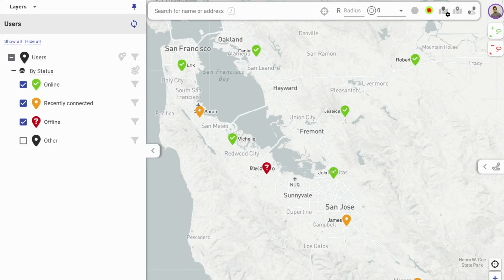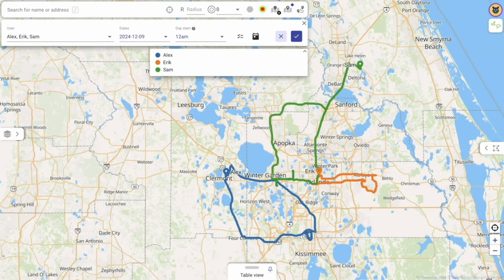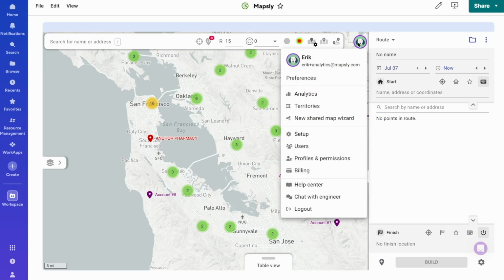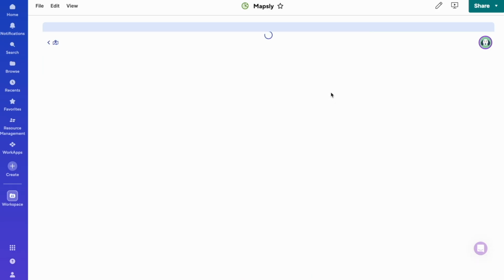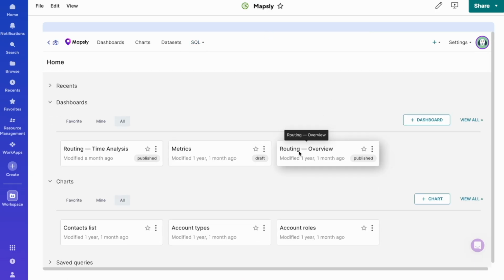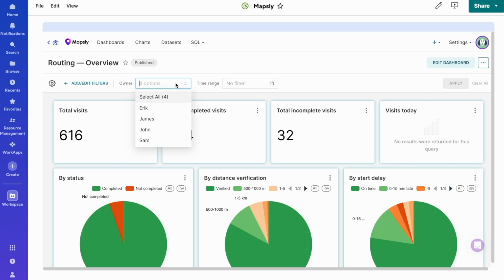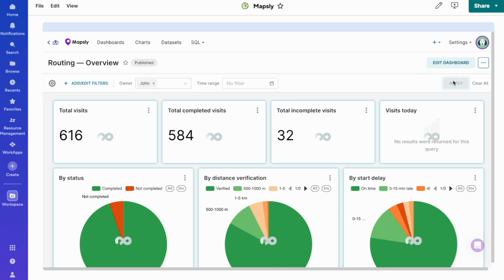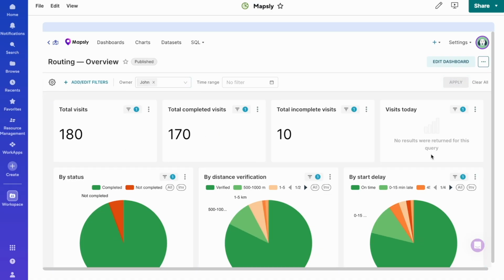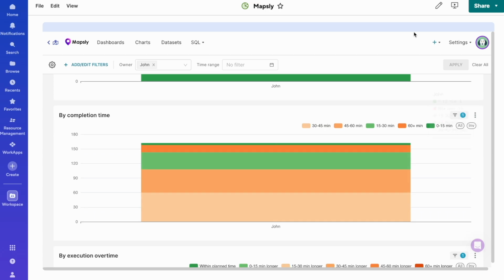With Mapsly, you can watch your team's current location and real-time movements on the map, as well as view detailed history of your team's travel and daily summary reports with the time and distance traveled. You can analyze the performance of your team via Mapsly Analytics. All of your Mapsly data, including route activities, check-in data, and your Smartsheet data, including custom objects and custom fields, is